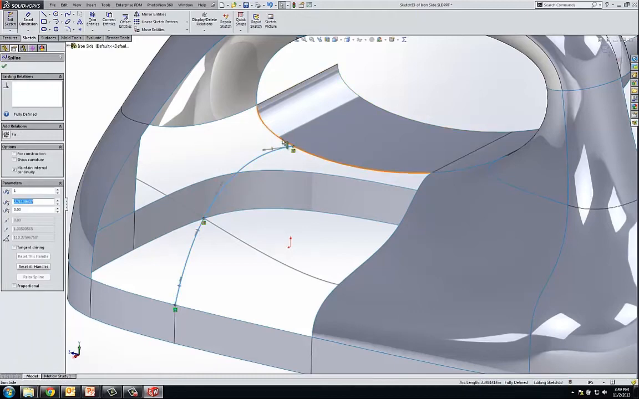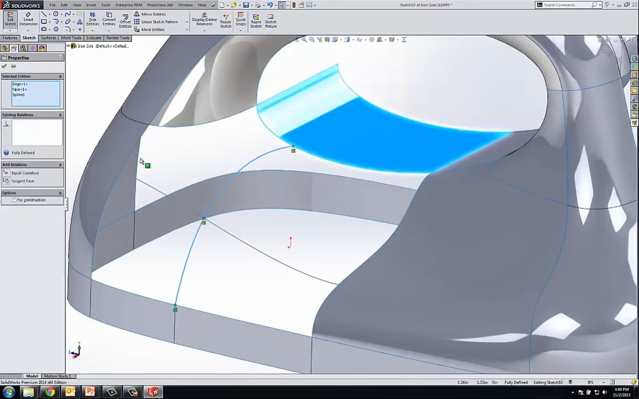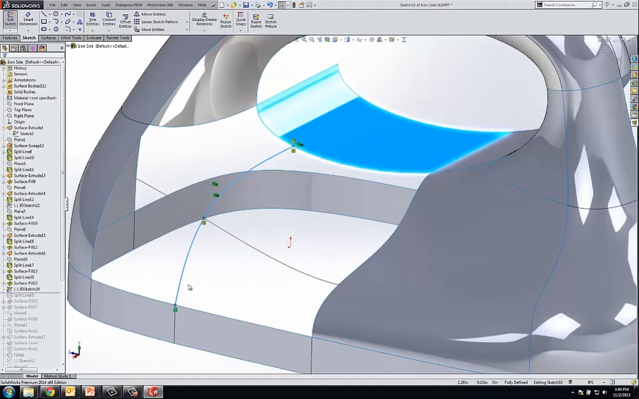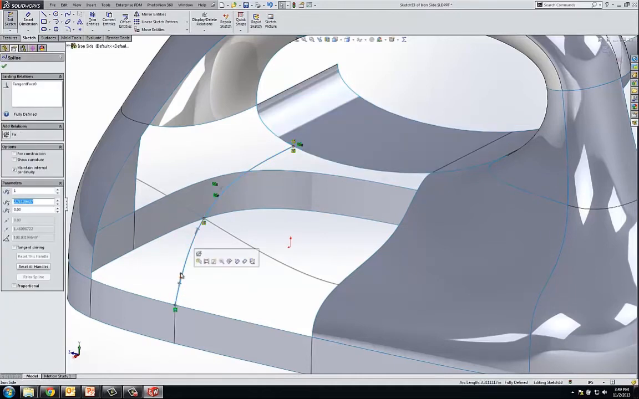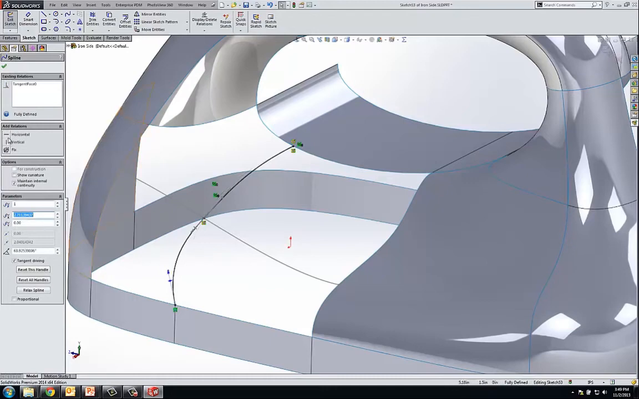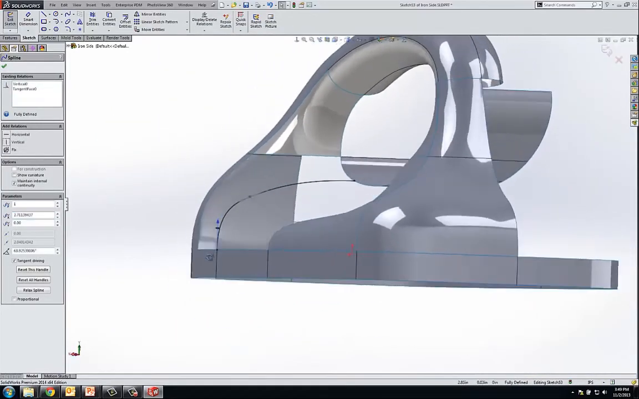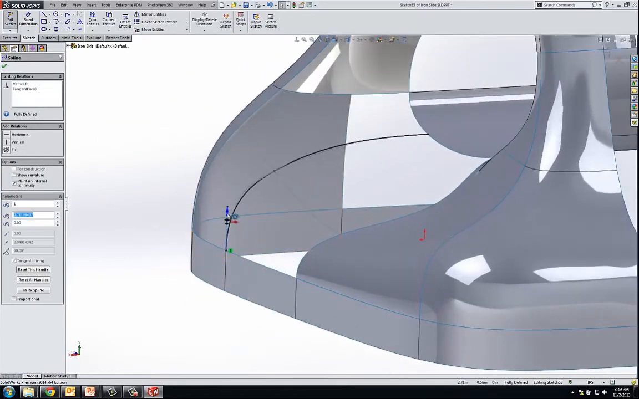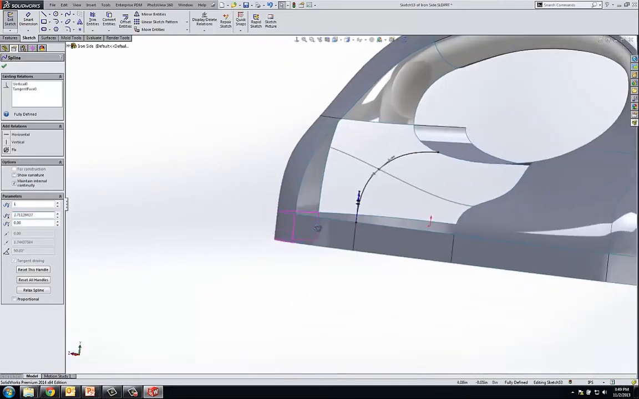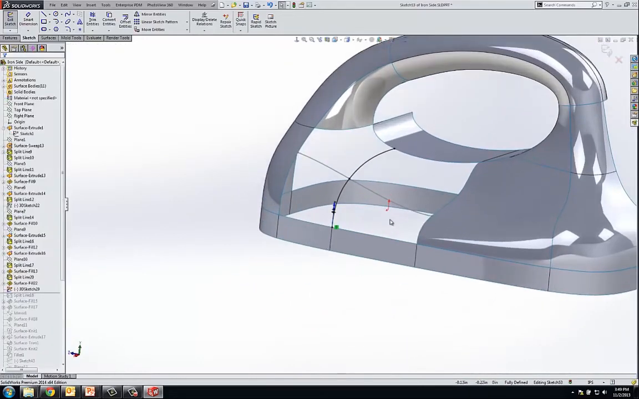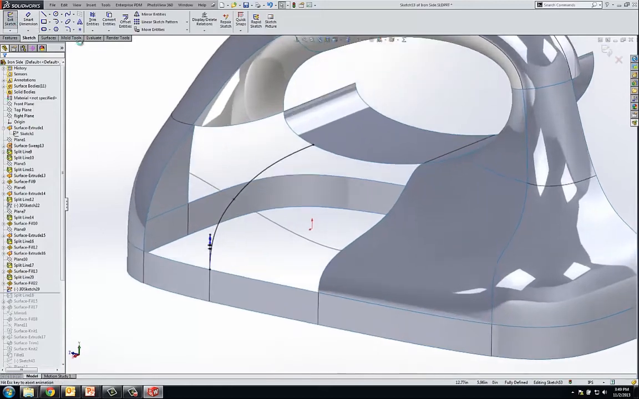Now I'm going to select the spline, the edge, the face, and say tangent to face. And you're going to say, couldn't that have just been a horizontal relation? And I'm going to say, yeah, you know what, it could, because this is an extruded face and it's flat. Okay, now I'm going to grab this and say vertical, right? And now everything's lined up like I want. And exit that sketch